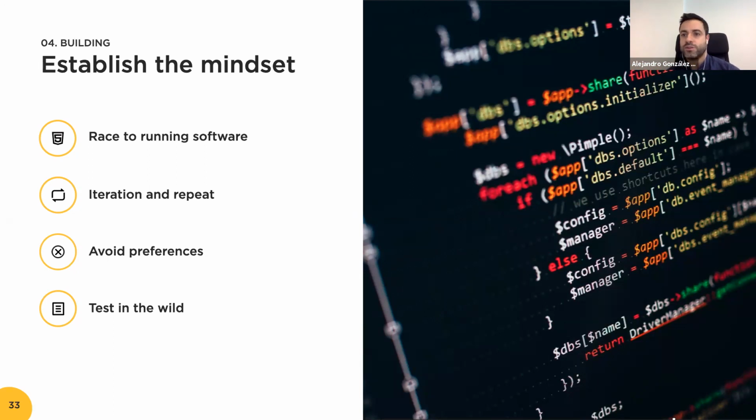I need to focus on the main features that I want to develop and launch as soon as I can. As soon as you have this on the market, iterate and repeat really fast. Don't be focused on collateral